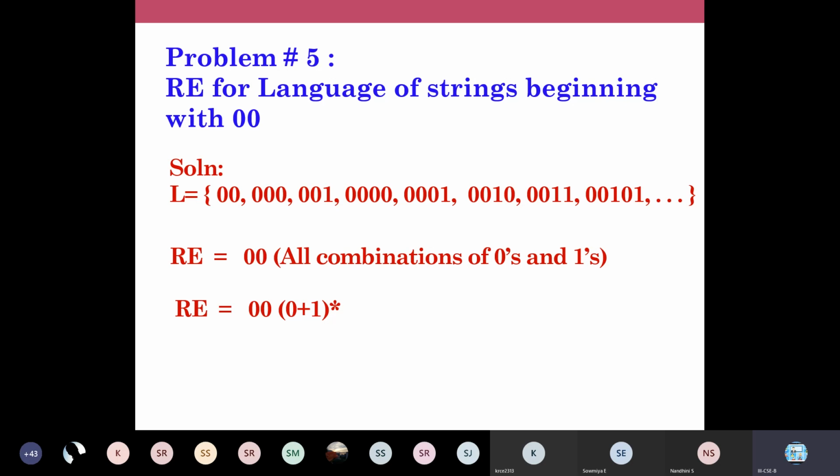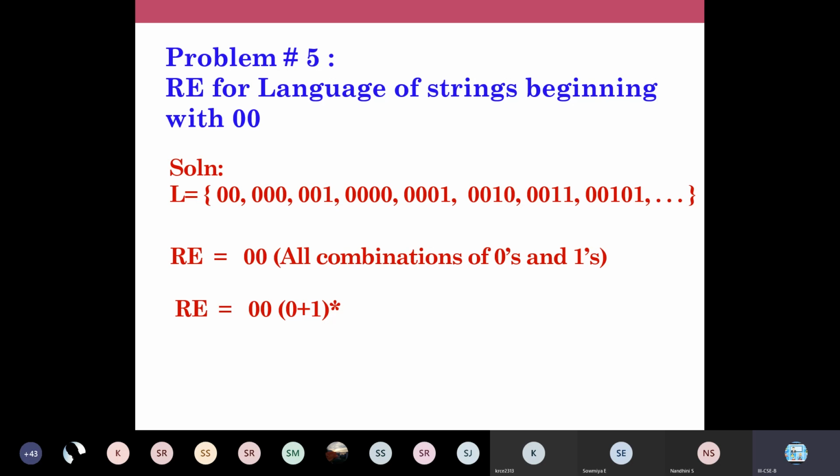We cannot represent it in another term. You cannot use a star here or a plus here. Exactly, we want 2 zeros, so write those 2 zeros here. Then after that, write the regular expression for all combinations of zeros and ones. So in all these places, you have to imagine that concatenation comes into existence. There is a dot between the first 0 and the second 0, and there is a dot between the second 0 and this parenthesis. Like that, you should understand.